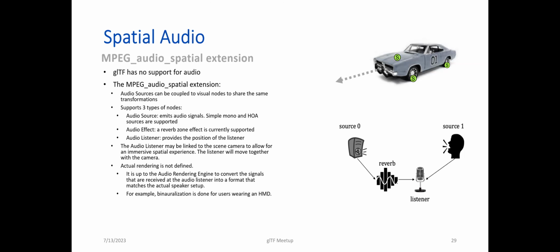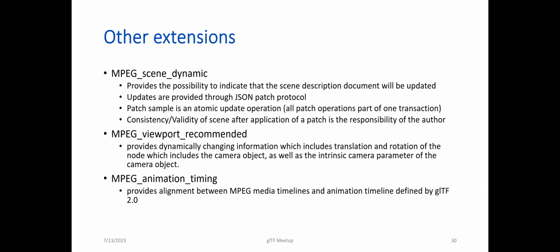And of course, in phase 2 we're looking at more advanced audio support, which I'll talk about later. There are some other extensions, like an extension to point into a stream that gives you scene updates. So that can be built into the scene description document. The glTF file would tell you that you will be getting updates through this channel, and it can point into an access channel for that.